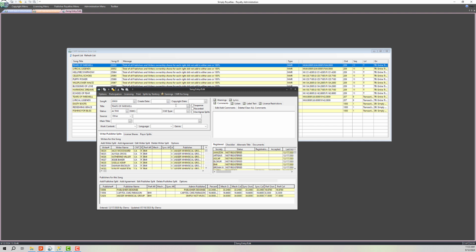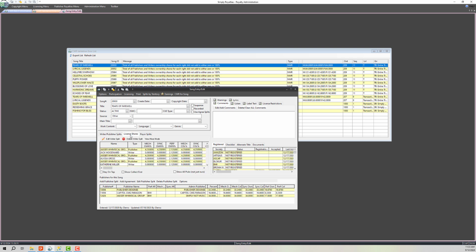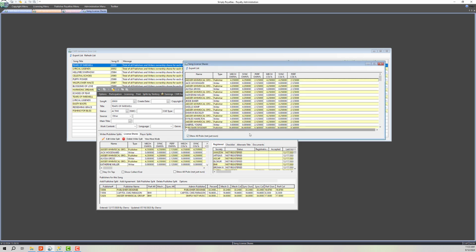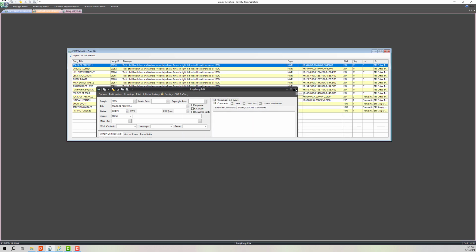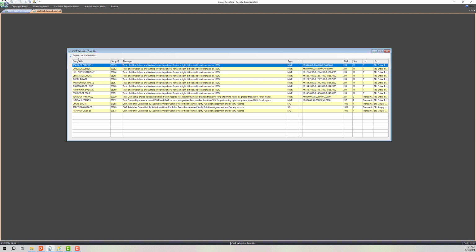Like in this case, our ownership shares don't total. So if we go look at our total here at the bottom, they're at total 84%, so we're 14% short. So somewhere somebody made a mistake creating this song. So we could spend time to correct it, or we can just go back and delete these songs out for now. So you can export this list